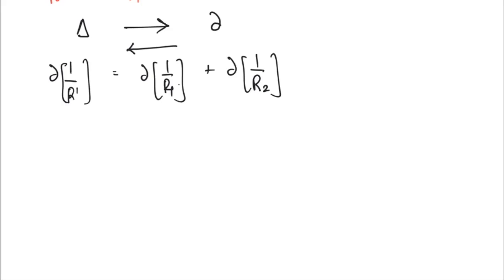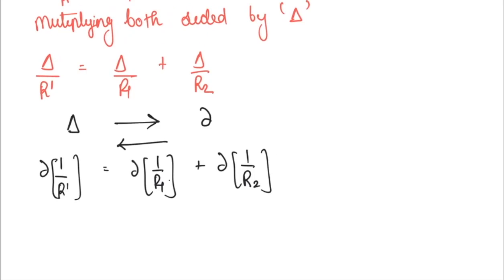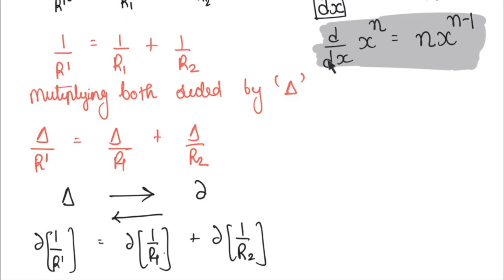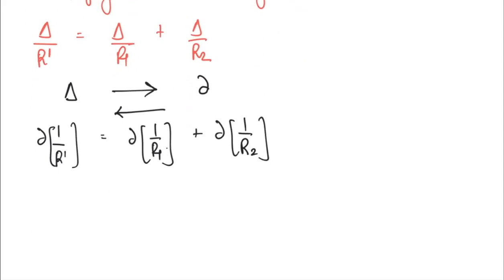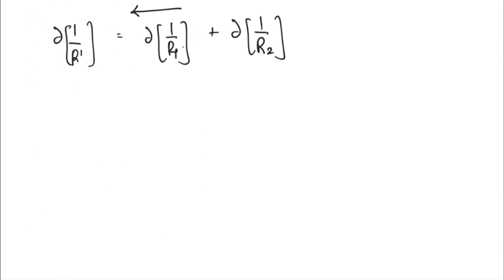Now the next thing that we will need in our derivation is the reference of differentiation. dx is called the reference of differentiation because we are differentiating a function of x with respect to some reference, called dx. It could be dt if the function is of t, it could be dy if the function is of y. So what are our functions? On the left hand side our function is r dash. On the right hand side we have two different functions, r1 and r2. As there are many functions involved, we need to do a partial differentiation, right? Now we will take a different reference for different functions.